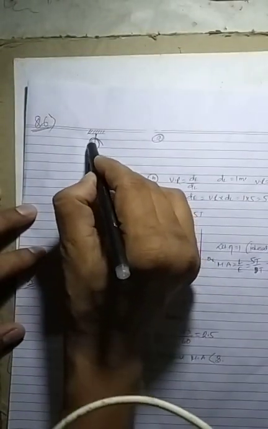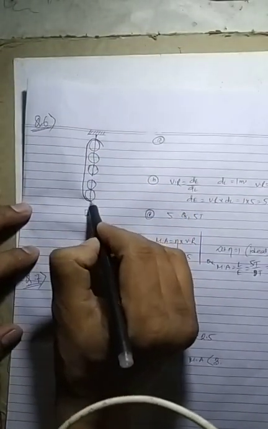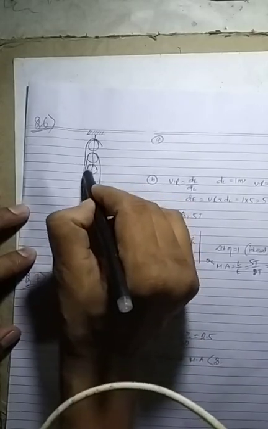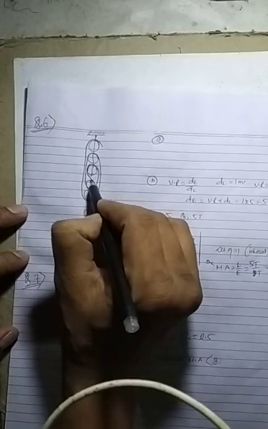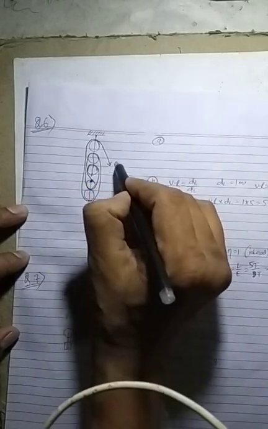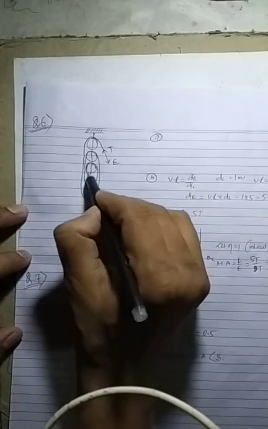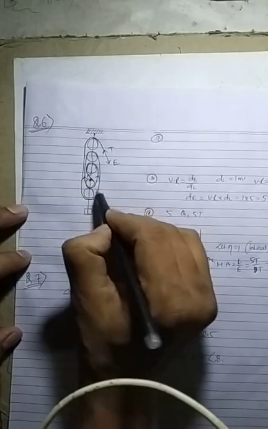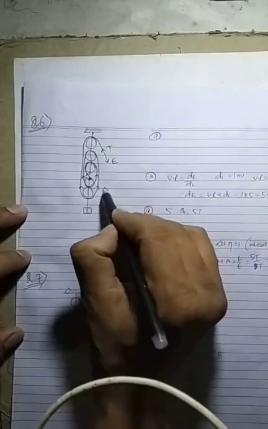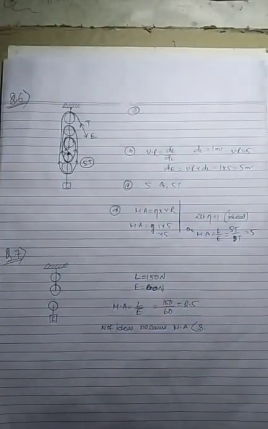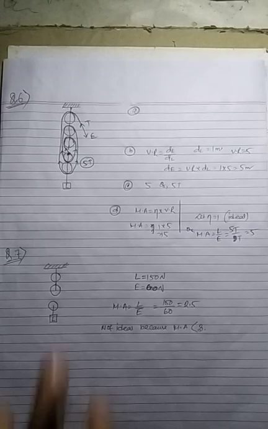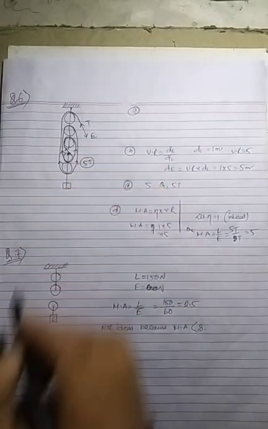So the rope will go below, then above, then come to it, then go, then it will hang here. Here is the effort, balancing tension: 1 2 3 4 5, so 5T, a total of 5 tensions. That is the structure. I think you can easily draw it, students; the structure only looks hard, but it is very easy. So mark the diagram, direction of load and effort: that is the effort, and the load is here.